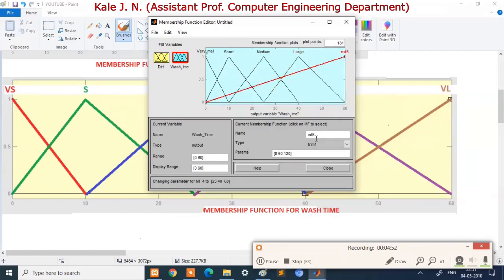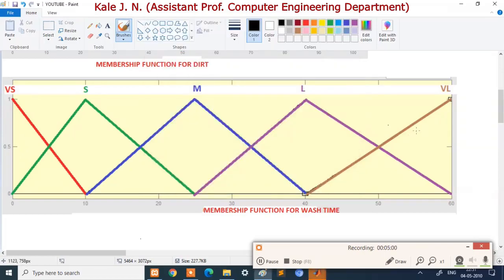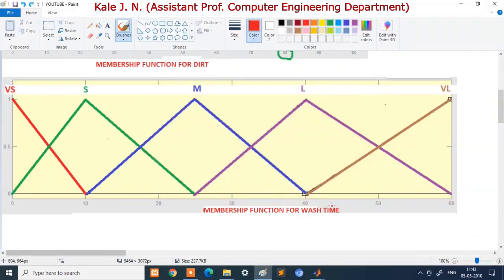Now let's modify the last one. So instead of MF5, now here I will take very large. Now what are the parameters? Consider the triangular membership function which corresponds to very large wash time. So this is our required triangular membership function. Let's find out the parameters which correspond to it.